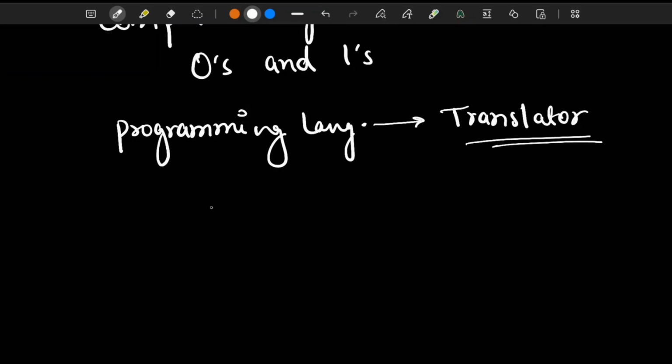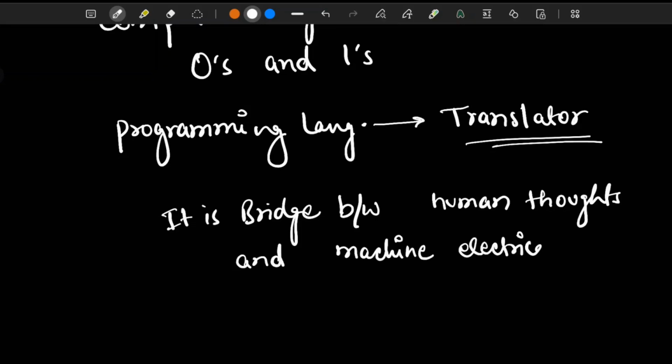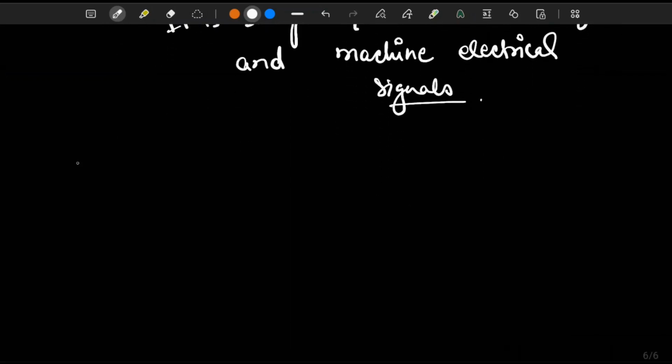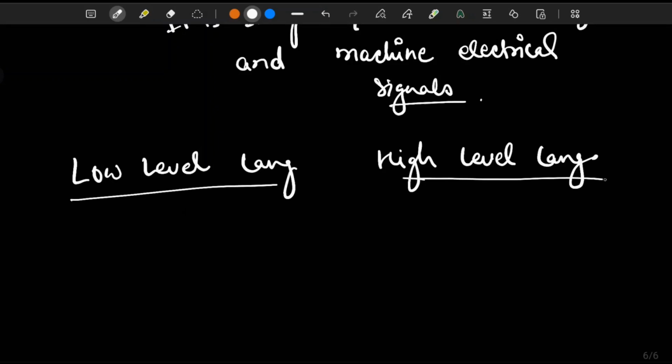It is a bridge between our complex human thoughts and machines' simple electrical signals. Okay, now not all programming languages are created equal. We can classify them based on how close they are to the computer's native language. We have low level languages, high level languages, and also mid level languages.